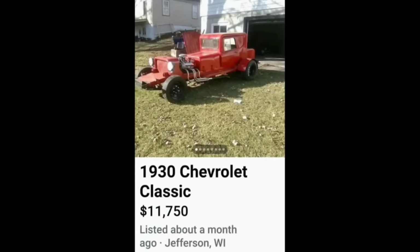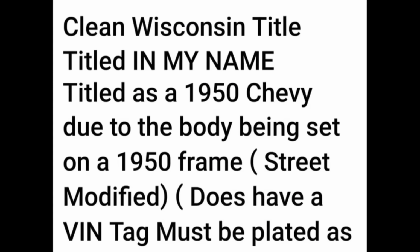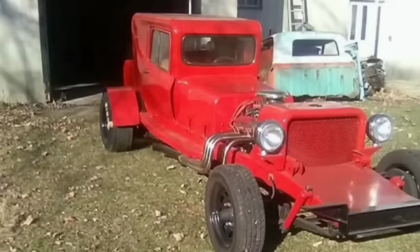Next, we've got a 1930 Chevrolet for $11,750. What in the moldy cheese parts do we got going on with this POS? This thing is just absolutely ridiculous. Oh,